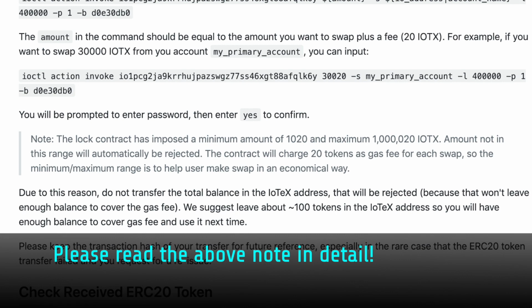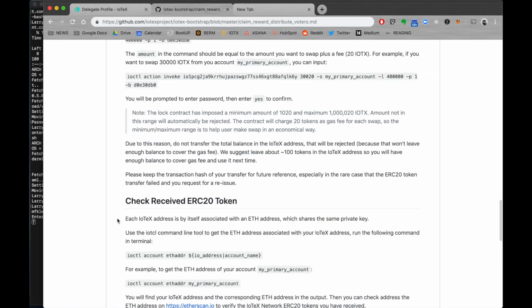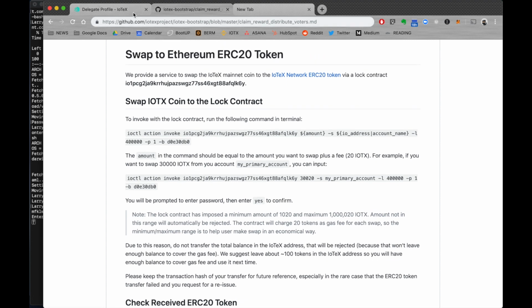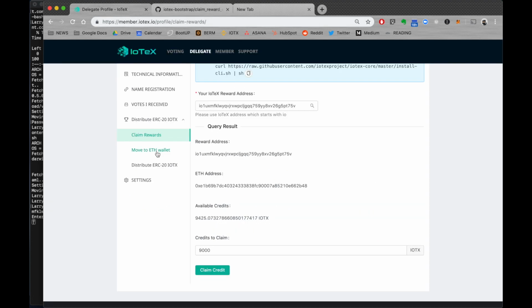Anything not in this range will automatically be rejected, and the contract charges 20 tokens as a gas fee for each swap. So please leave at least 20 IOTEX in there so that you can process the gas fees. So you can follow these instructions here, or you can simply go to the next tab here, move to ETH